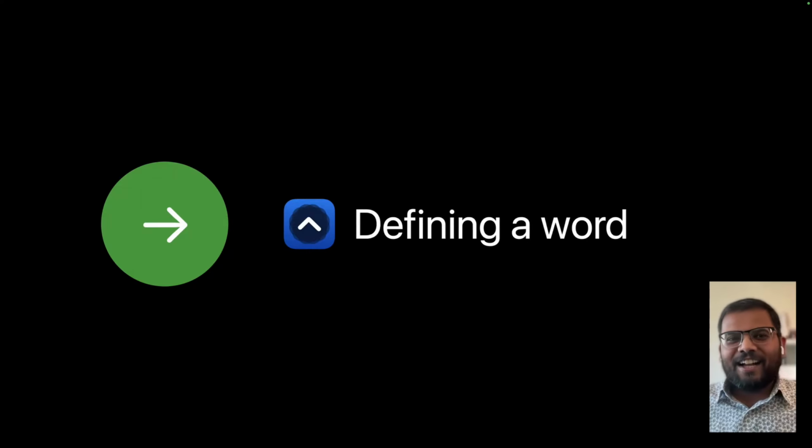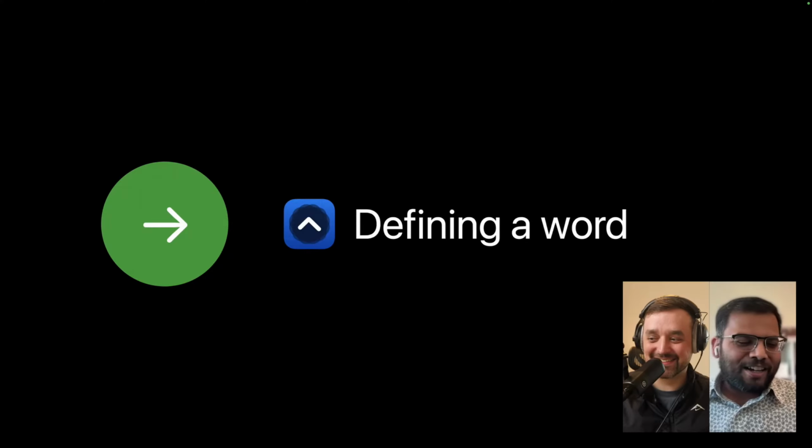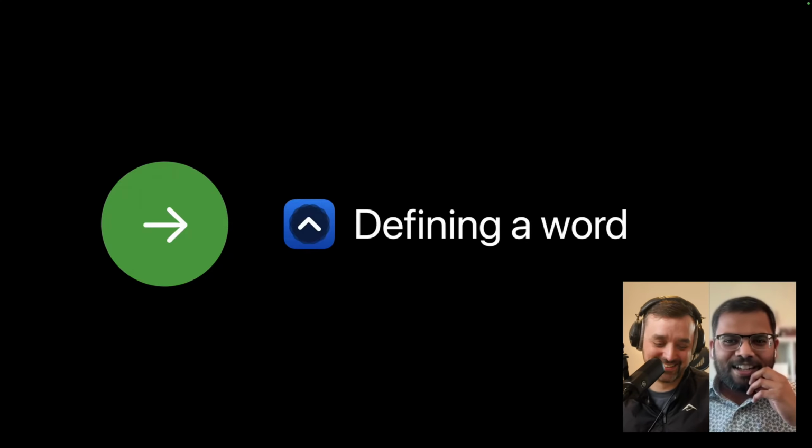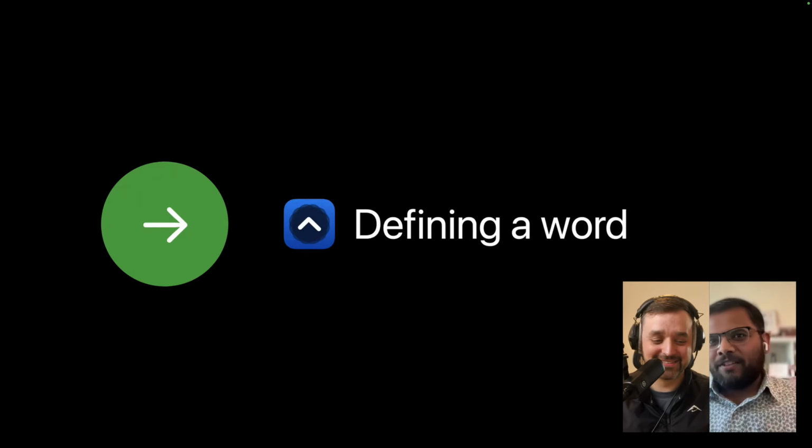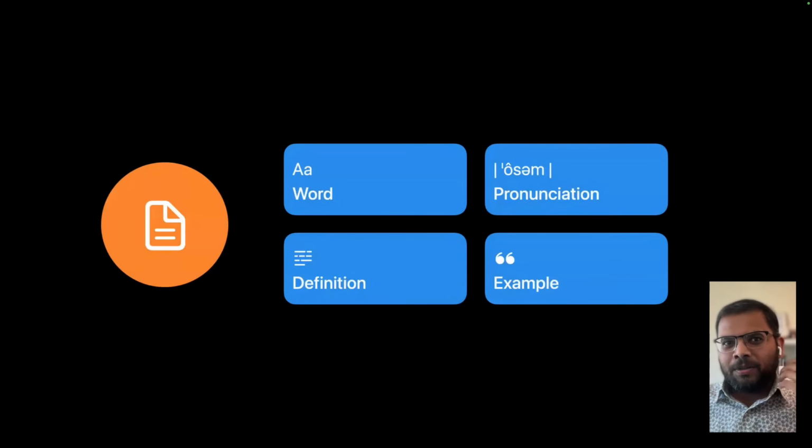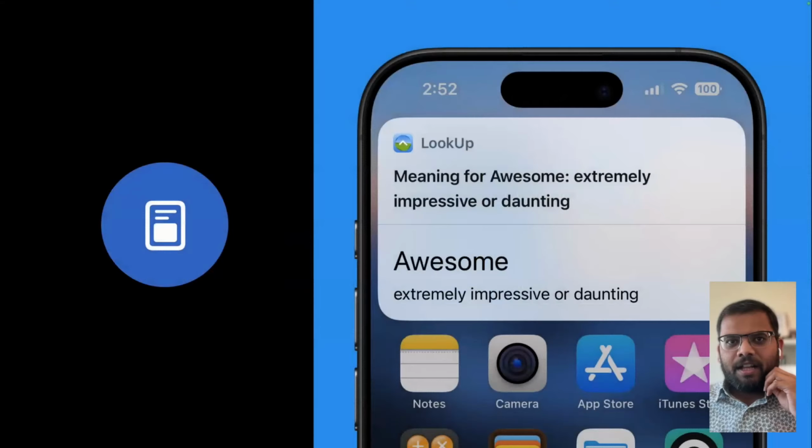But yeah, you can see how it can expand to different platforms. Same with defining a word. You begin with this action, you want to define a word, and you set out the information that you need to define that, and then you present a UI, which could look like a shortcuts action.